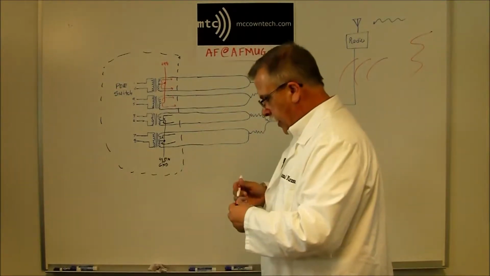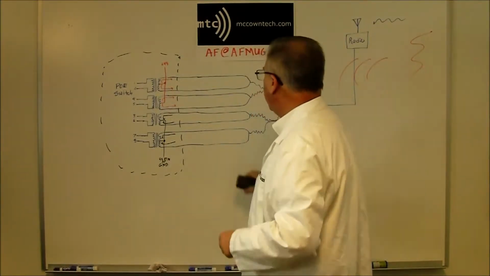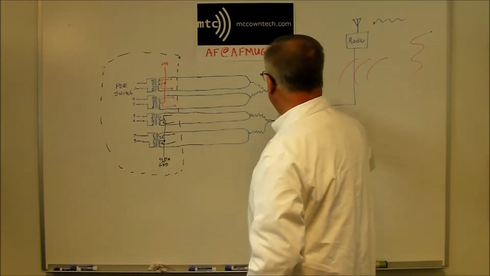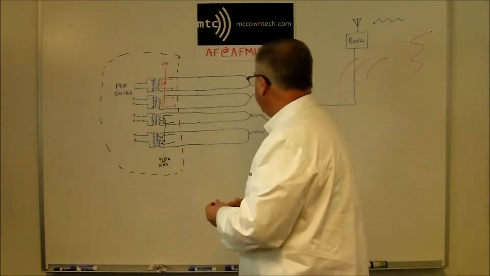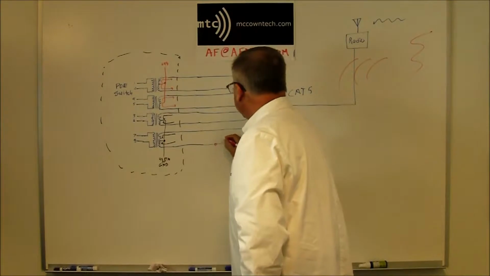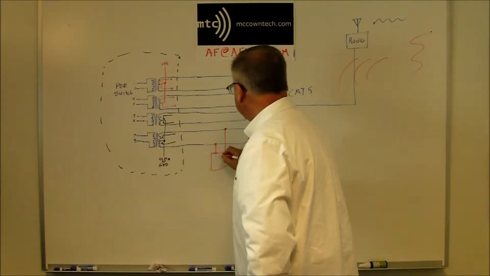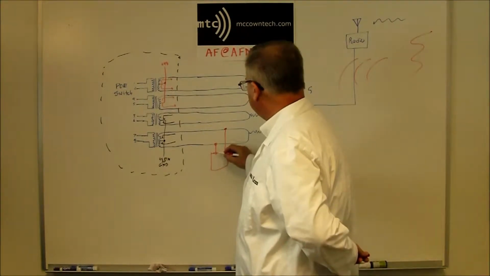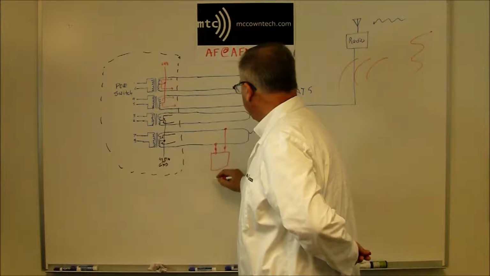Thankfully many people have purchased products to keep those impulses out of the equipment and direct them to ground. Really all they do, I'll just do this one right here, is have devices in them that if the voltage gets too high, either from here to here or from here to ground,